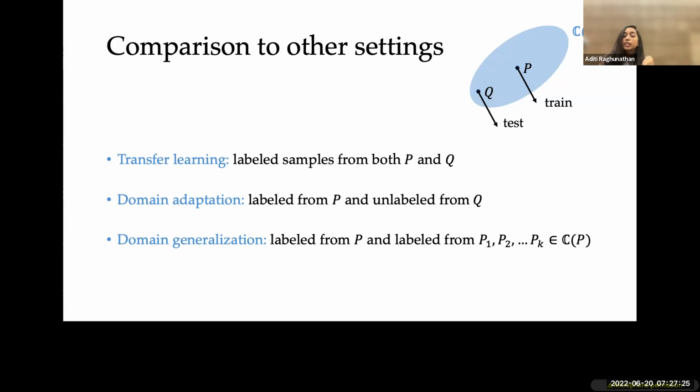So the thing in domain generalization is that the training distribution implicitly defines this family that we care about, whereas in robust optimization, we don't assume anything about your training set. We just have one distribution, and we want to work well across a bunch of different things, which captures a realistic setting: we are going to get training data, we're going to train on it, but we want it to work well across a bunch of different things.